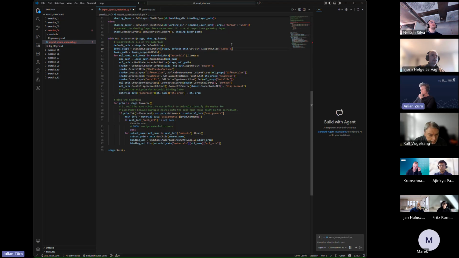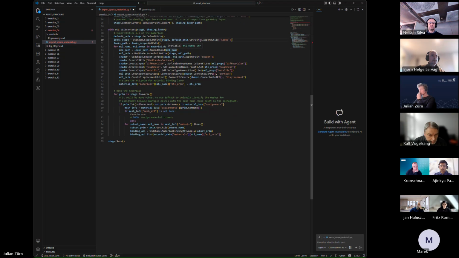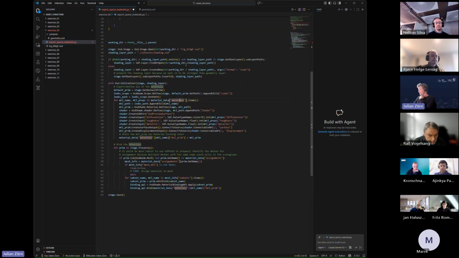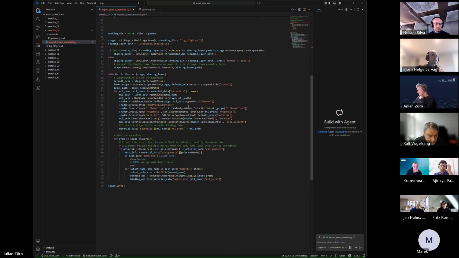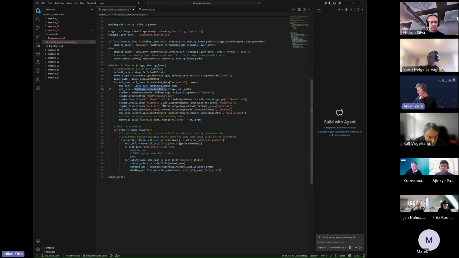Define the look section such that we have a well-organized stage. This is best practice. And then for each of our materials, so for each of those entries, we create a new look or a new prim within looks as a material. So we have this path, we define a material,